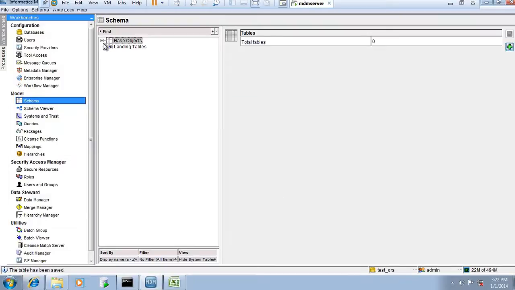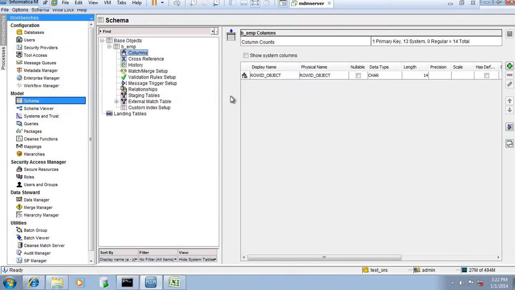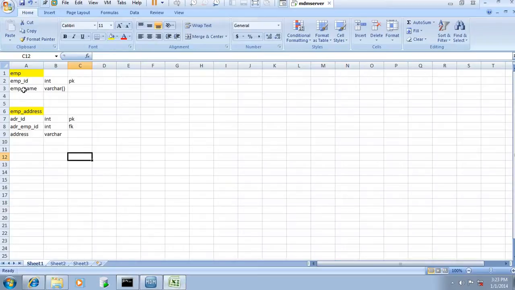You can see that base object table B underscore EMP has been created, but there are no business columns available here. So for defining the columns, just click on the plus sign. In the EMP table I have business columns like EMP name and EMP ID.